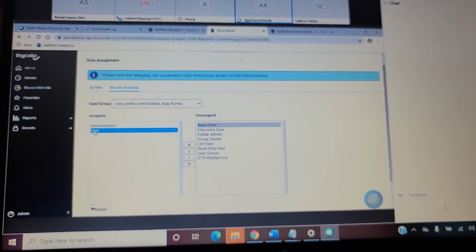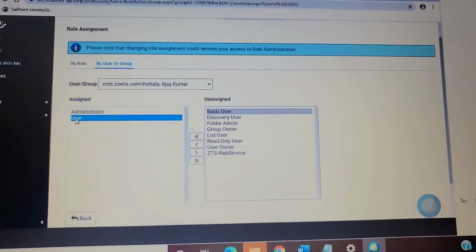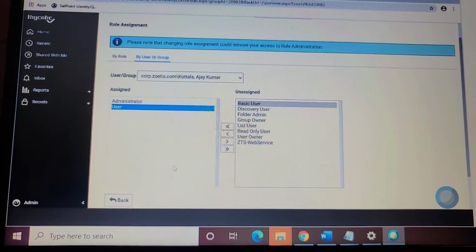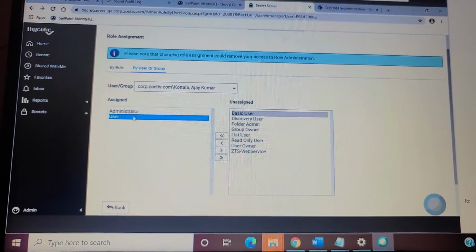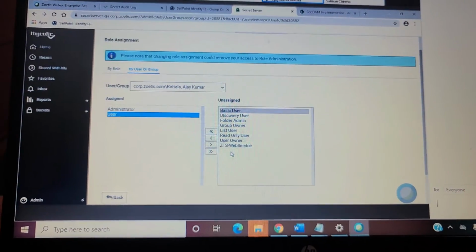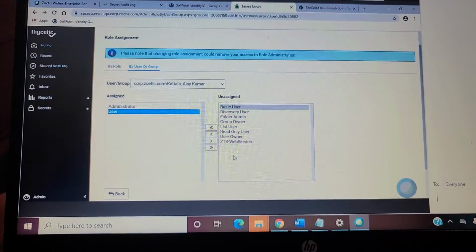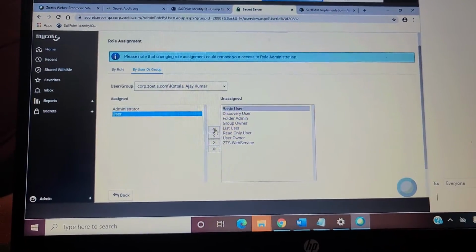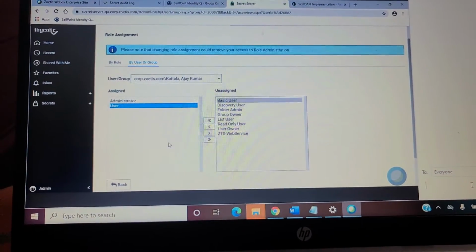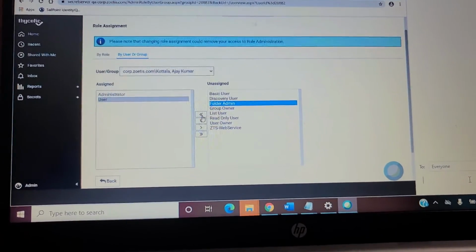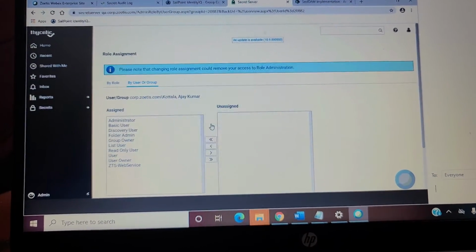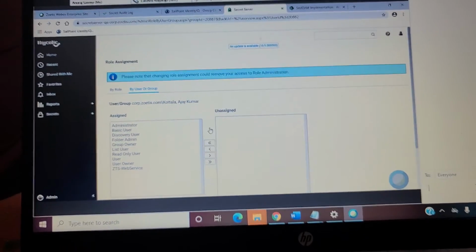Did you get it? Hello, Anuraj. Yeah, I can hear you, Ajay. So for admin users, you just click on the one which we are going to. Yes. I need to select administrator on the right hand side, and I need to drop it and assign it in the left hand side. Okay. If I need to assign an administrator role, I need to come individually to the user account and assign the role. Okay.